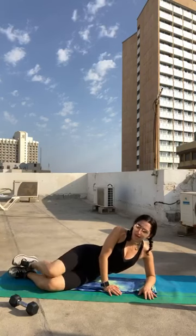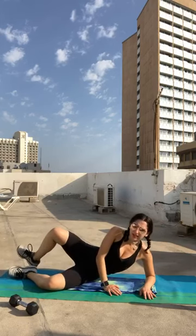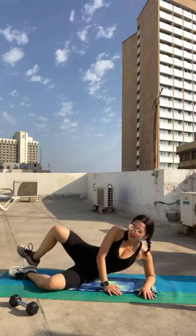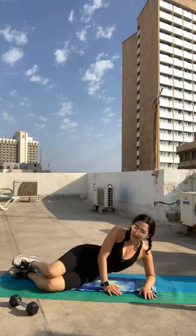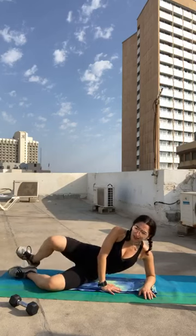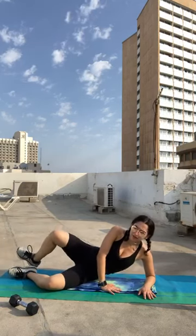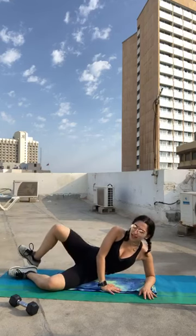All right, let's change up the tempo for our last round here. We go open, close, close. Open, close, close. Again, strong open mouth exhales, and we're opening all the way and then closing slowly. Core is still strong. We're switching sides to finish off class in 8,